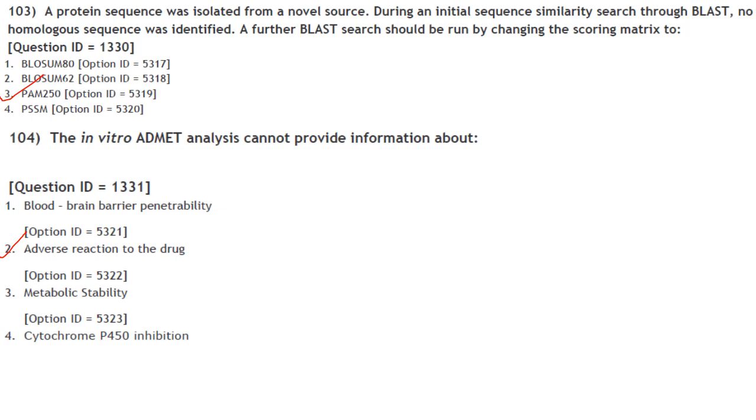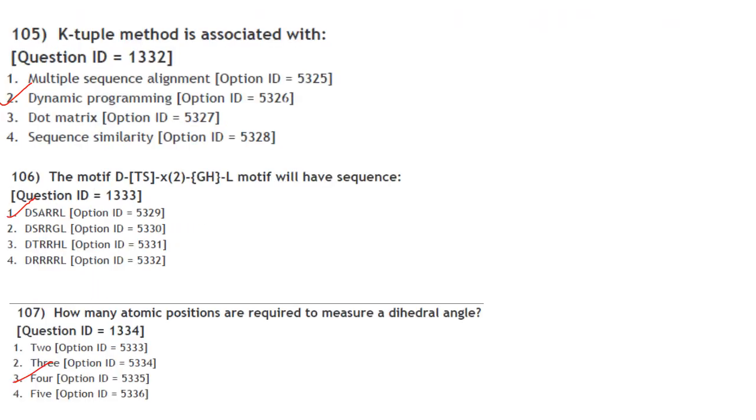Adverse reaction to drug, that is not available. That information is not provided. So the answer is option 2. Then, the K-tuple method is associated with dynamic programming. Answer is option 2. The motif D, square bracket TS, X, 2, curly brackets GH and L motif will have